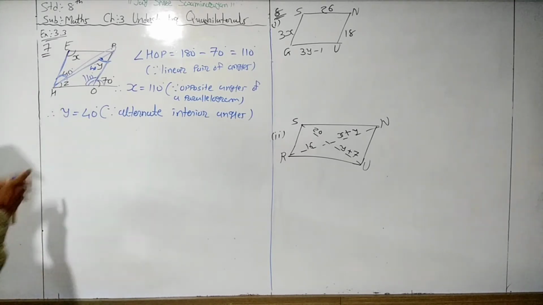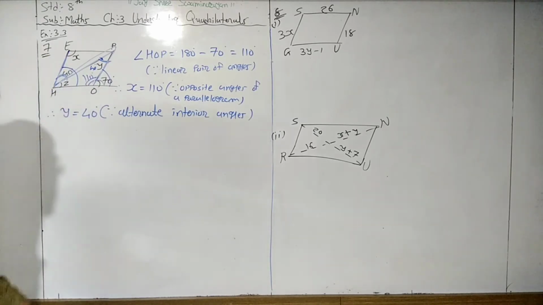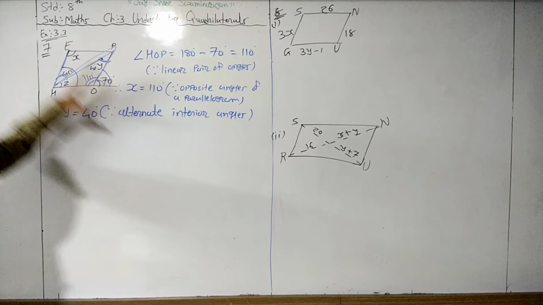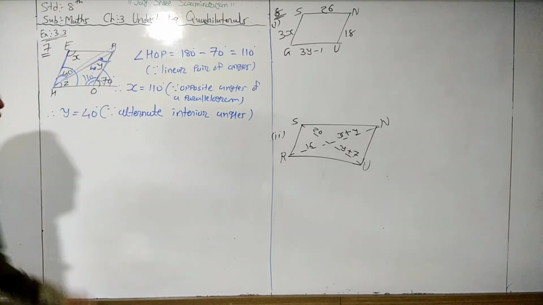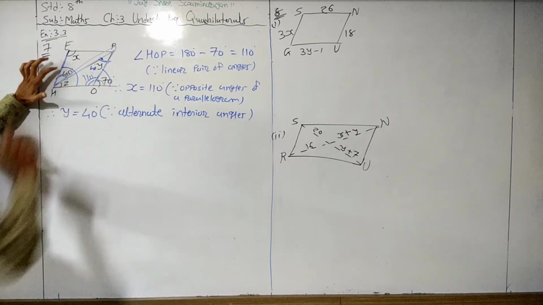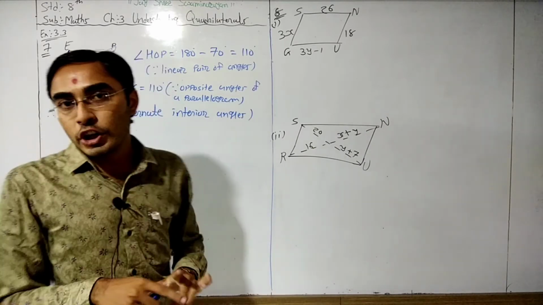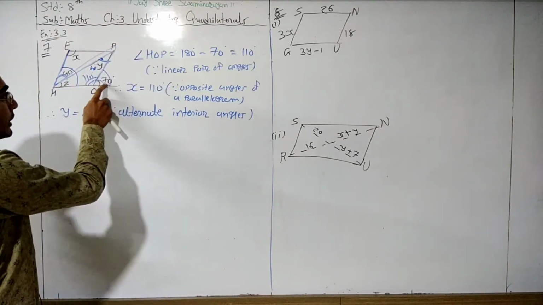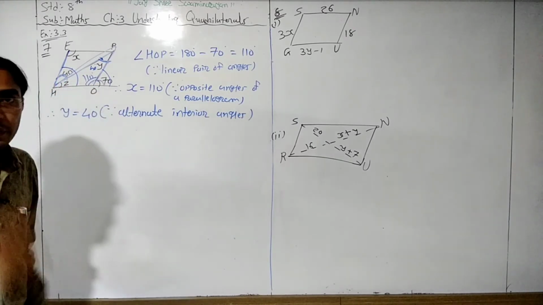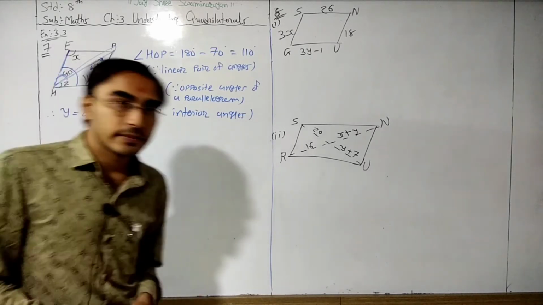These two angles are equal, this and this. Why? Corresponding pair of angles. One transversal is here, two parallel lines are present here. This forms one transversal. So this full angle and this extended angle are a corresponding pair of angles. So these two angles are equal. That means this is 70 degrees. So this full angle is 70 degrees. Out of that, this part is 40, so the second part is 30.